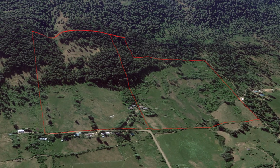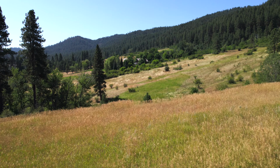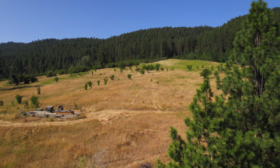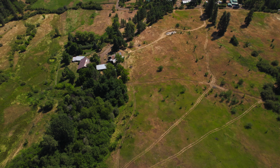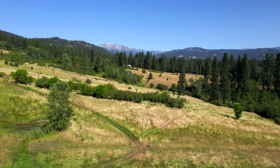An added bonus is approximately 49 acres of pasture land dedicated under the Conservation Reserve Program, at which time it can be renewed for another 15 years. In addition to the protection it offers, the CRP annual payment is more than enough to pay the entire property tax bill. Several natural springs, as well as the oldest rights on the Curry Ditch, provide domestic and irrigation water